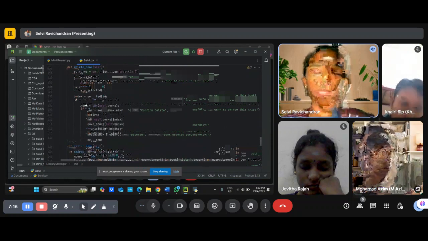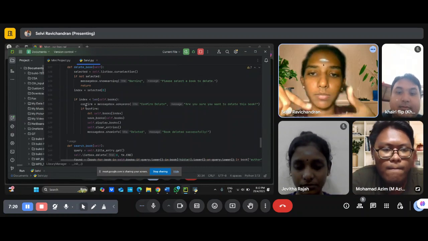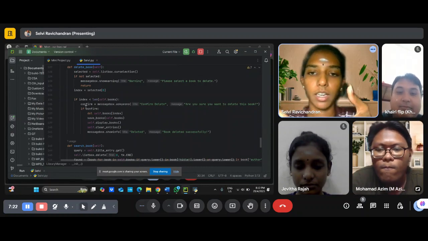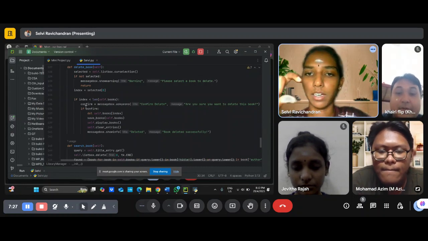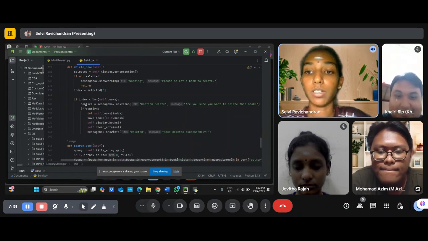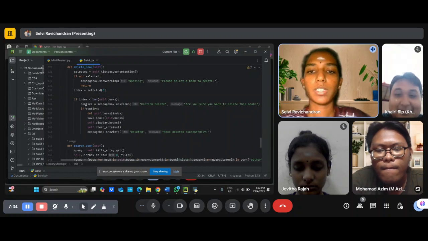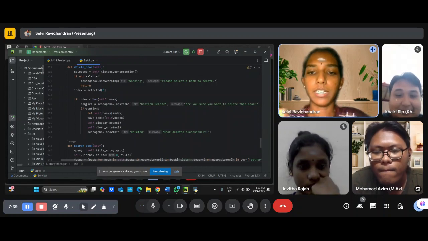When the user clicks the delete button, the system will show a message box: are you sure you want to delete this book? Once the user clicks the yes button, it will be deleted from the GUI fully.